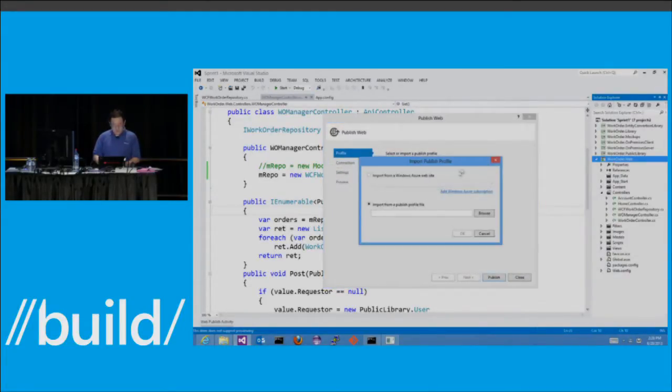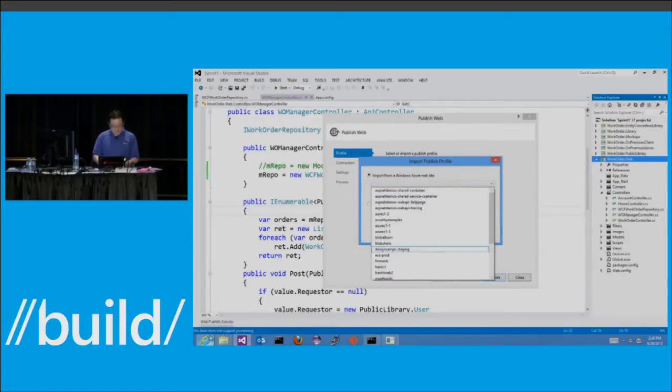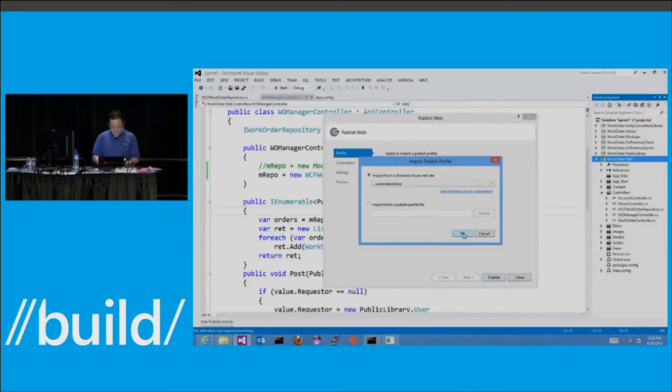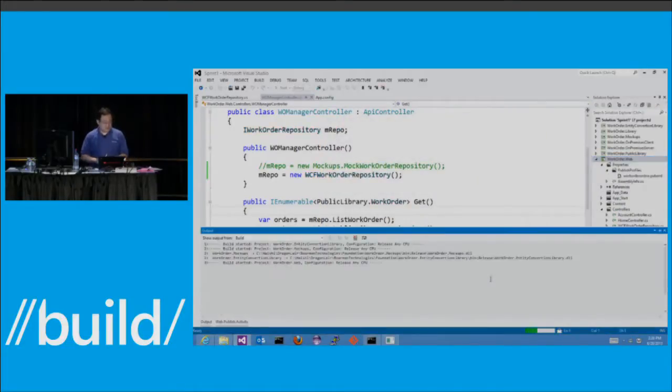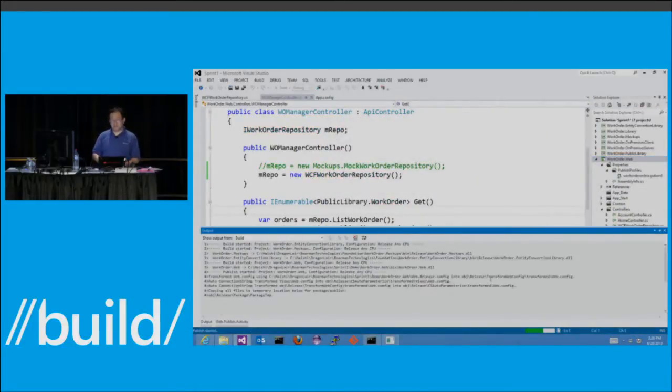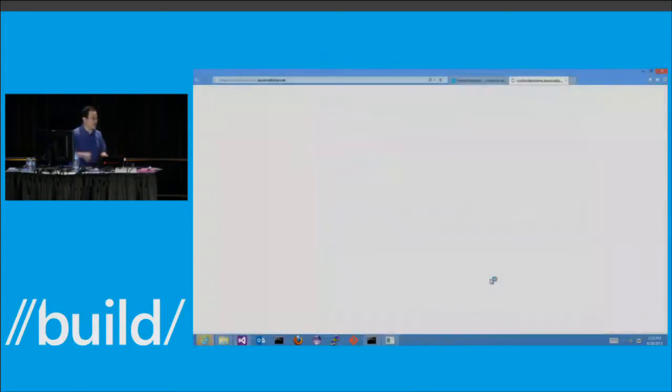I'm going to import the website. And in case you missed in our keynote, this is a new feature of managing a website. You can actually list all your websites from your subscription. And if it loads. Do I still have the connection? Oh, yes. So I already have the website created. I'm just going to publish it. This will just take several seconds. So this website is being deployed to Windows Azure. We are actually running this on the cloud. And we are going to talk to this local laptop running my WCF service.